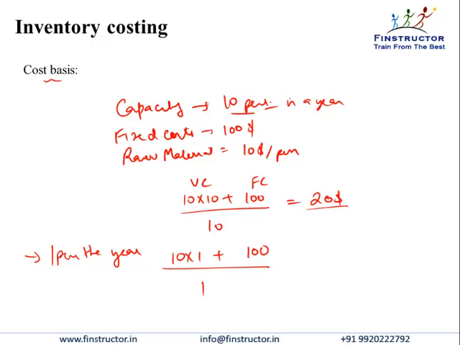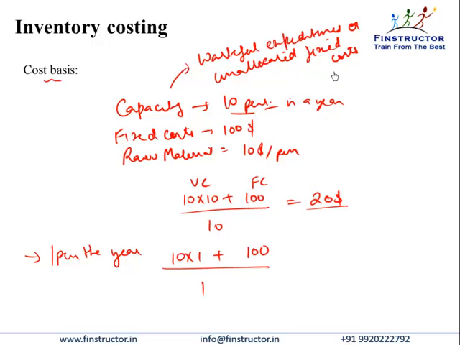So remember that wasteful expenditures, or the unallocated portion of the fixed costs, cannot be loaded onto inventory. So even though we may have spent $100 this year, we would be allowed to ascribe only the allocatable portion of this fixed cost to this one pen. So $100 was the cost attributable to 10 pens. So for one pen, only 1/10 of this cost will be attributable,